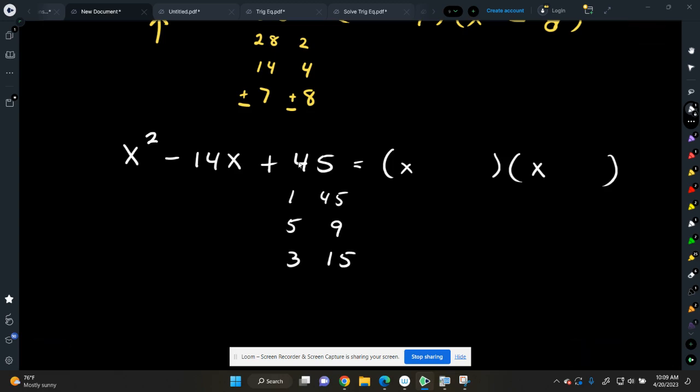Okay. This is positive, so they have to both be negative or both be positive. They have to both be negative because that's negative. Which combination is going to add up to 14? 5 and 9. Okay? Okay, so there is a worksheet in Google Classroom